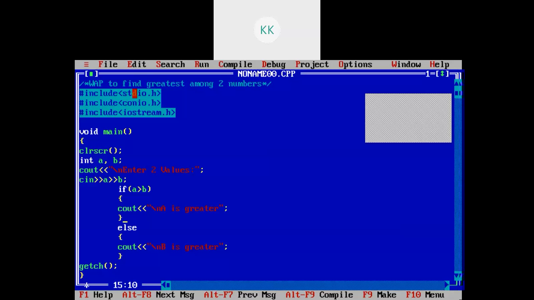Now instead of this else, I can write if b is greater than a, then b is greater, and here I need to also write else. So inside this else I am writing if a equals b.